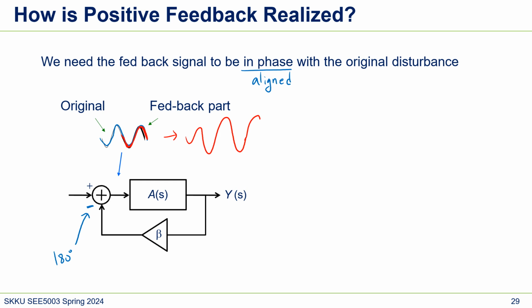So assuming that there's no phase, then this positive feedback will not happen because we only have 180 degrees. But what we want is, as I said, aligned. Aligned means it's like 360 degrees. So how does that happen? Usually this amplifier has a phase. So this amplifier, I mean not usually, all the time,